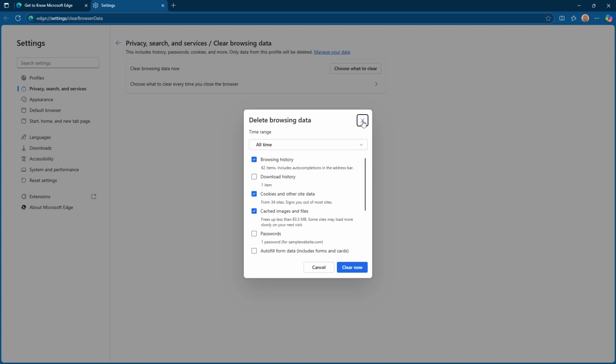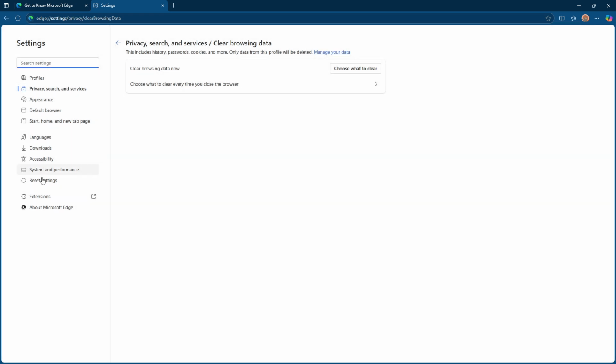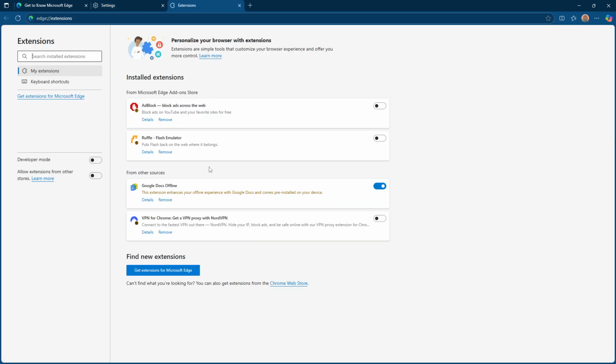Next, let's look at extensions. Sometimes unresponsive browsers are the result of faulty or conflicting extensions. To manage your extensions, type Edge extensions into the address bar and toggle off all the extensions you have installed. After doing this, restart Microsoft Edge and see if it's back to normal. If it is, you can start re-enabling your extensions one by one to identify which one might be causing the